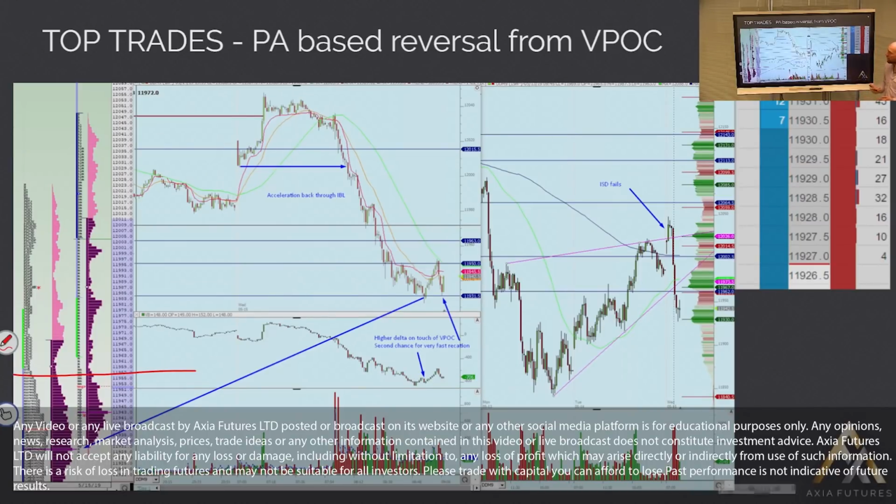What I've got here on top trades is a price action based reversal from a VPOC. This can be applied anywhere really, it doesn't have to be from a VPOC, but it's better if it's from some kind of technical level. Now,